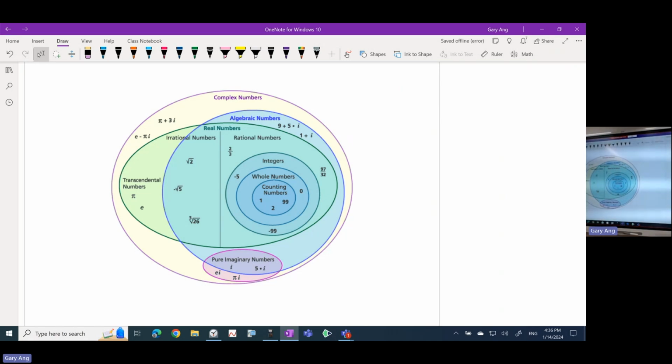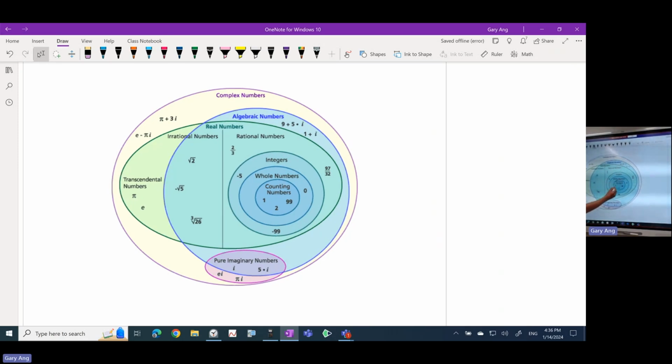Now, the numbers that we have learned in the recent weeks, right? We talk about counting numbers, and there's a name for it called natural numbers. Okay, so natural numbers is right here. This is how it looks like. This, by the way,